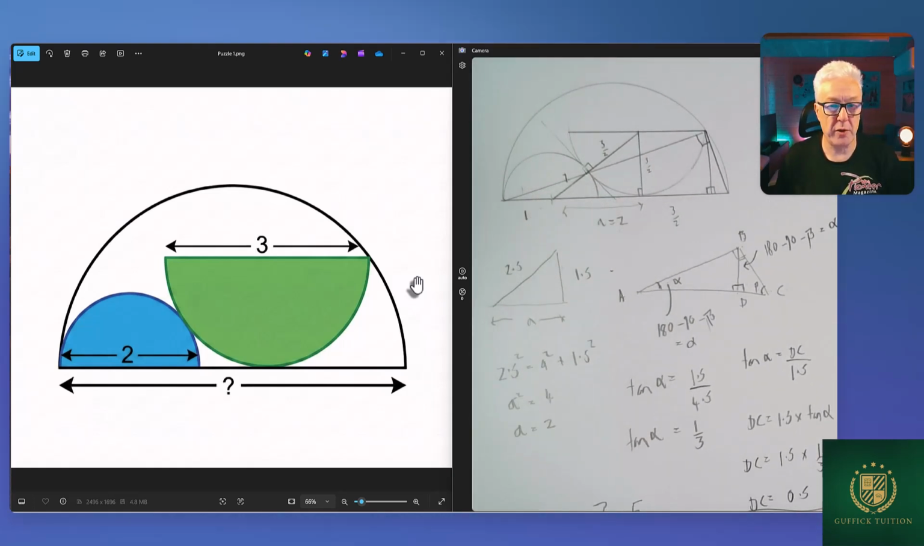But I think that was a useful question just to have a look at, just for practicing some problem solving